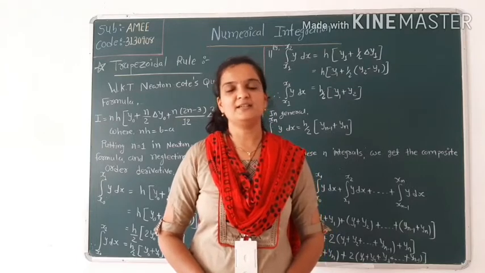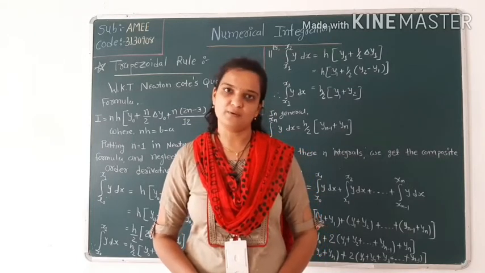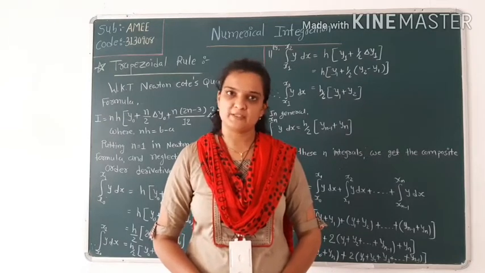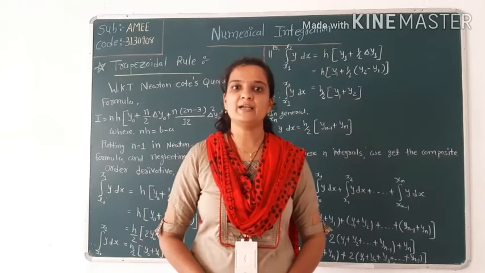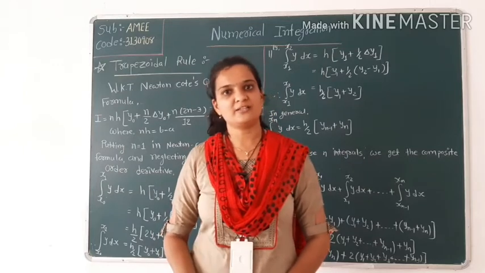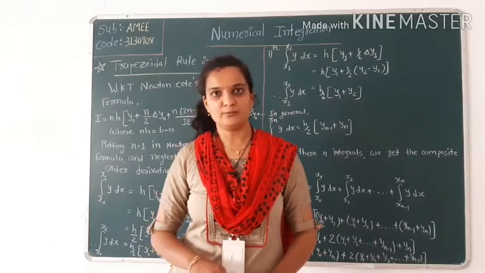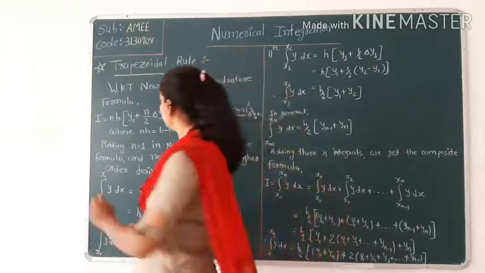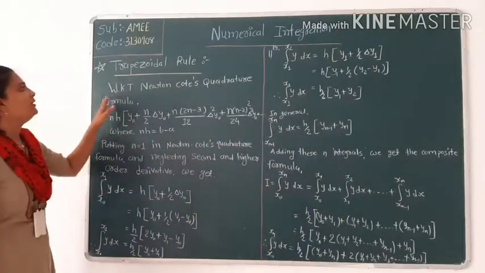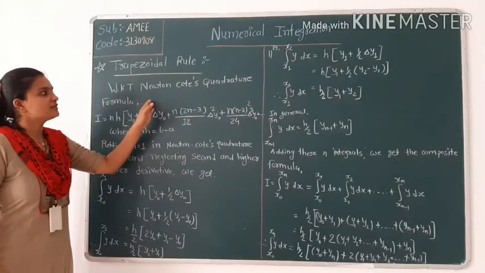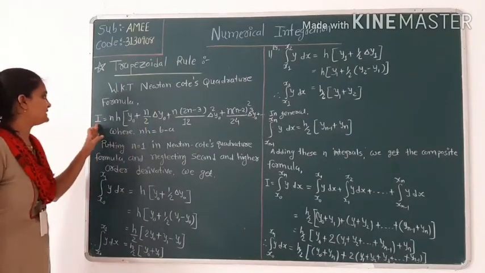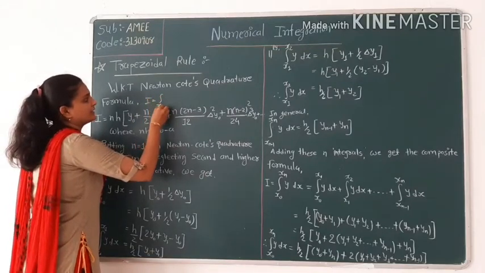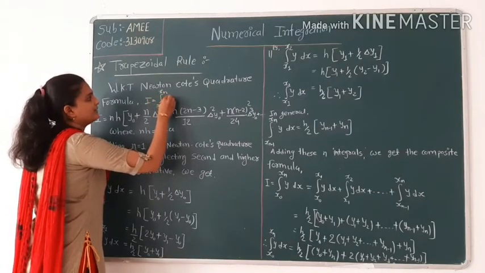In the previous lecture, we learned Newton's Cotes quadrature formula, which is the general formula for equispaced points. Now we derive the trapezoidal rule for equispaced points from Newton's Cotes quadrature formula. So now, the trapezoidal rule. We know the Newton-Cotes quadrature formula, which is I equals integral x0 to xn